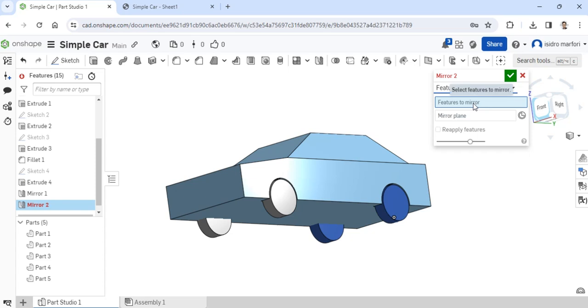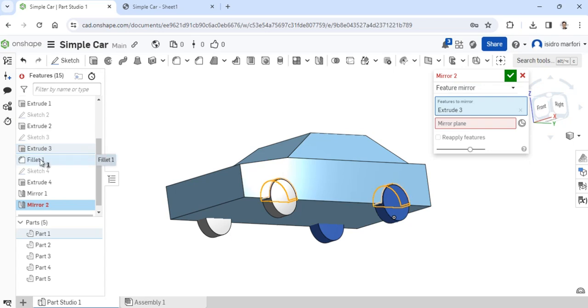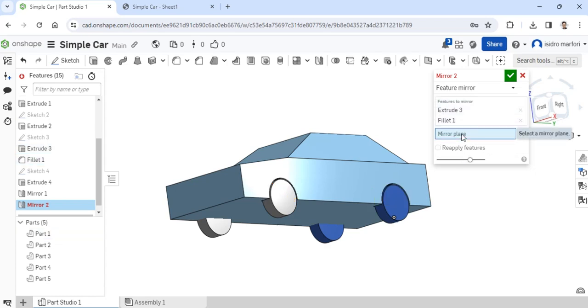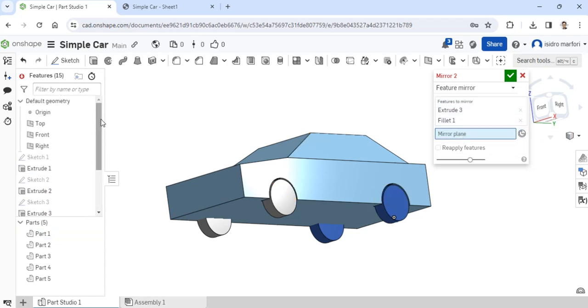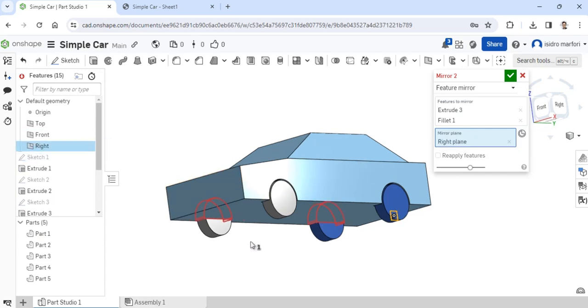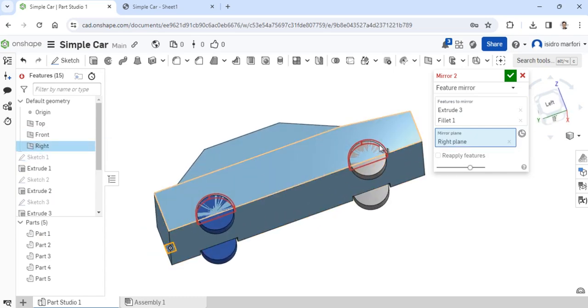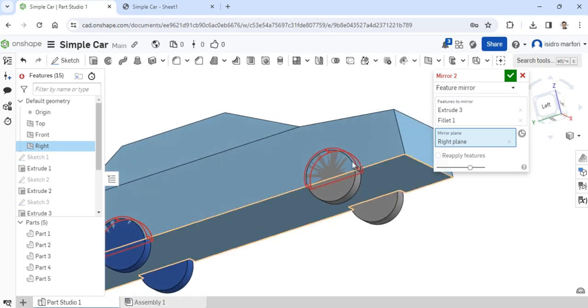In this case, we could mirror the features, not a component or part. So in this case, the features to mirror would be extrude 3 and fillet 3, while the mirror plane would be right plane. There. And it should mirror it just like that.